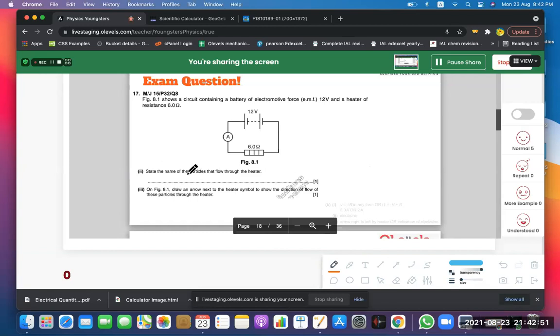Particle. Very good. Particle flow. No, particle is a keyword only. We know particle flows through the heater. Which particle? That means we have to mention the name as well. Name of the particle. I hope everyone knows the name of the particle that flows through the heater